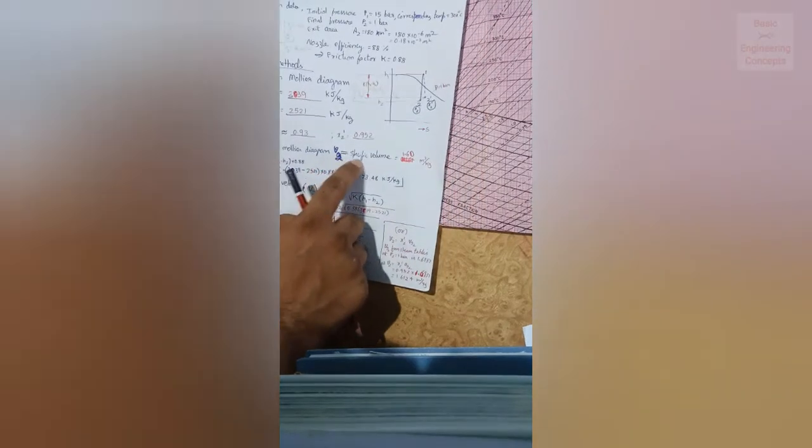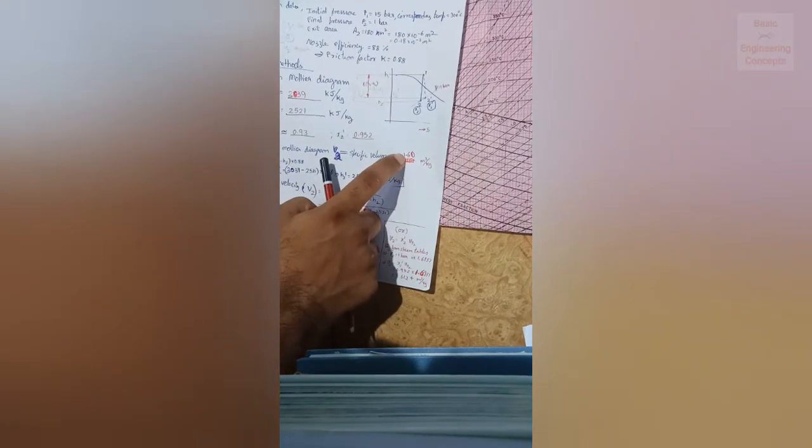So from the Mollier diagram you can also find v2 directly. So v2 value is 1.6. How do I find this? Like this. Here you have one dotted line, 1 meter cube per kg